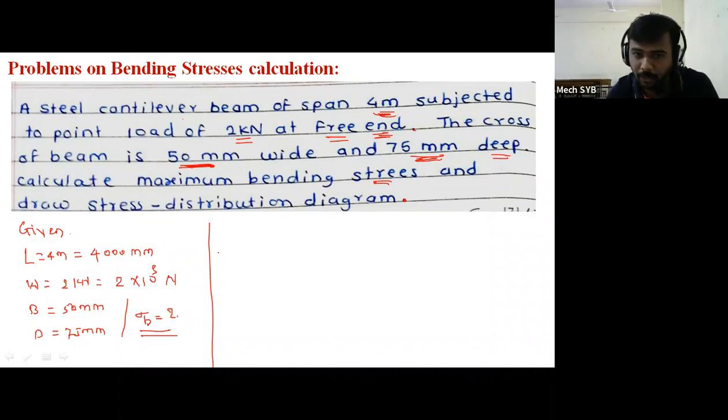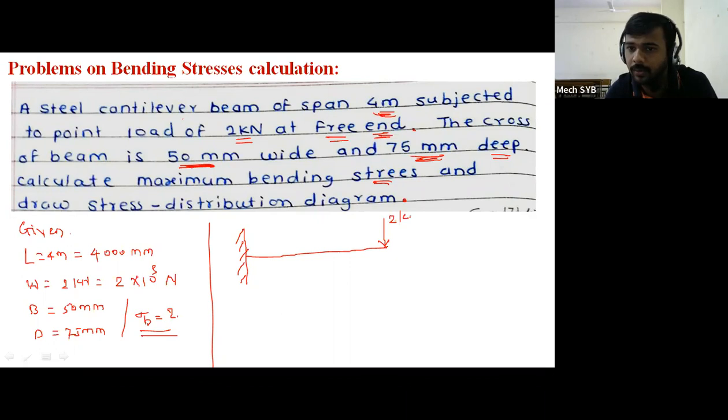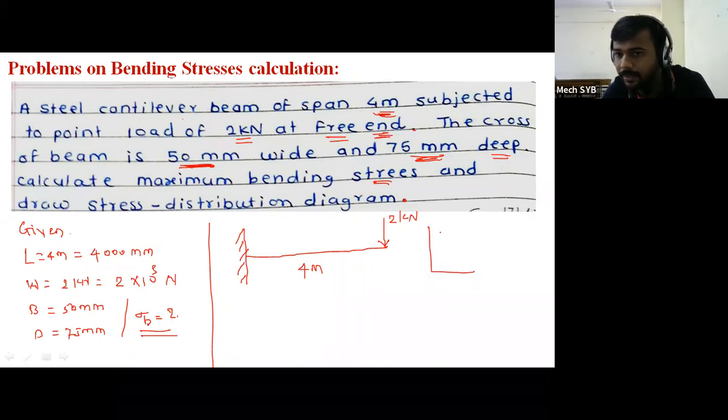And in front of that, draw the figure. How to draw the figure? So cantilever beam. It is subjected to the point load of 2 kilonewton. Length is 4 meter. त्याच्या समोर त्याचा section draw करा. It is